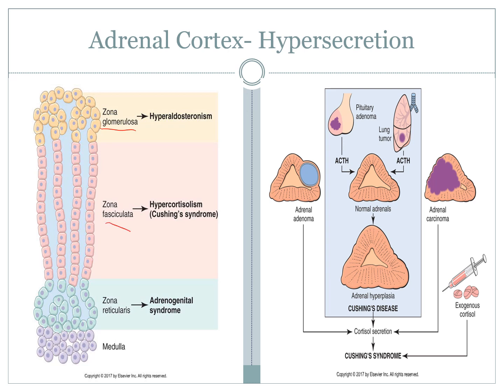Okay, so your first zone is associated with your aldosterone-based ones, so your water and electrolytes. Then you've got your cortisol-based ones associated with all your steroid-based hormones, and then you've got your androgens, which is your sex hormones themselves. So problems with the adrenal cortex itself can be traced back to those zones. So when we're dealing with hypersecretion of the adrenal cortex, we'll start with the zona glomerulosa, which is associated with hyperaldosteronism, so an increase in the amount of aldosterone that is produced, and that syndrome is called